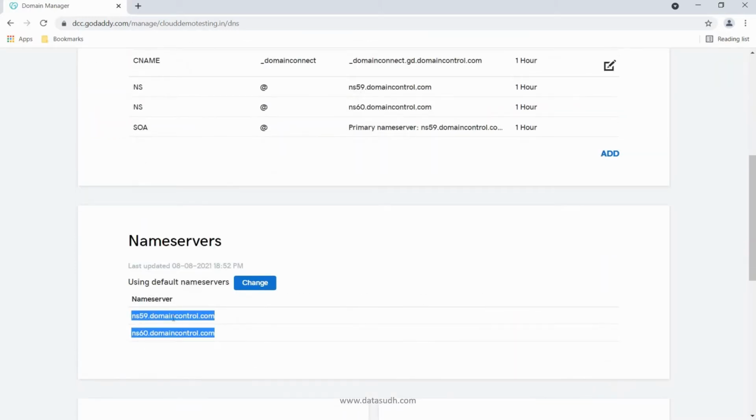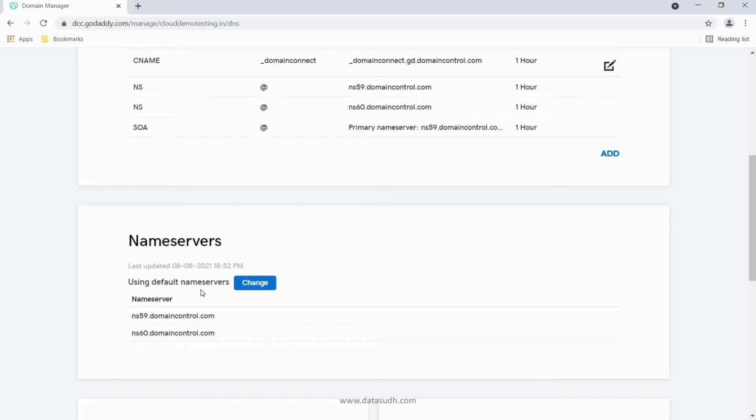Name server tells us which DNS server is being used and which DNS server is authorized to handle the domain. This is where the actual website traffic is routed when anyone goes over the internet and visits the website, and from there it is routed further to the respective servers and pages which are hosted on the website.